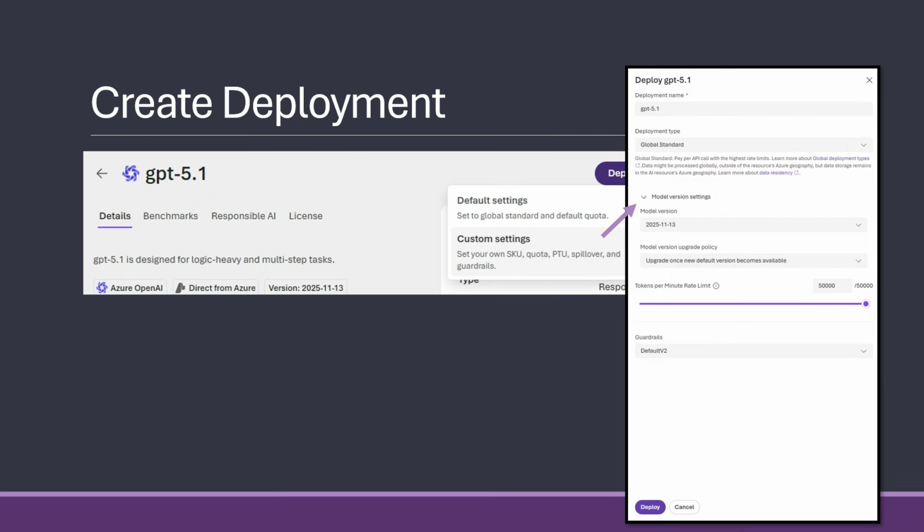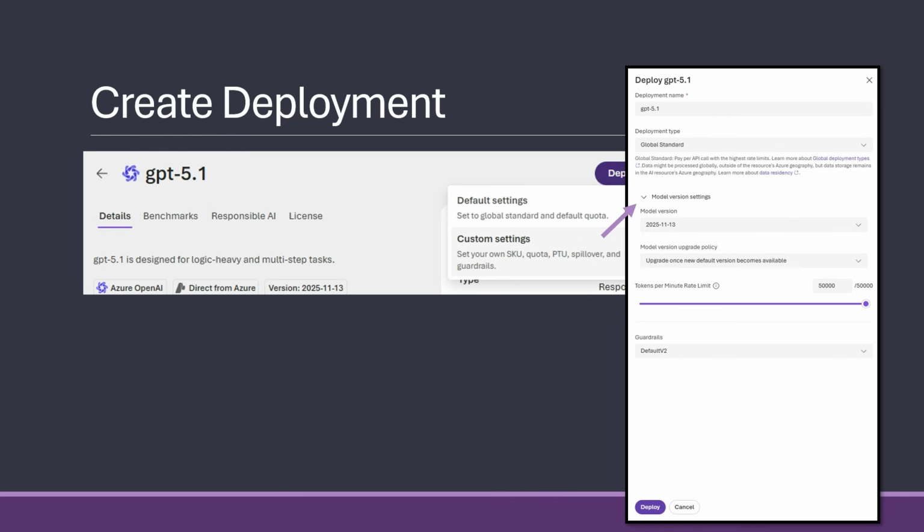And what you see is this sidebar that will pop up next to the deploy, where you give a deployment name. And this is special for Azure in that you can choose your own name for the deployment, while, for example, in OpenAI, if you need to reference ChatGPT 5.1, you need to give this name. But you could call this "my model" if you want to. But I recommend that you don't change these names because these are the ones the different providers show in their spec sheets and so on.